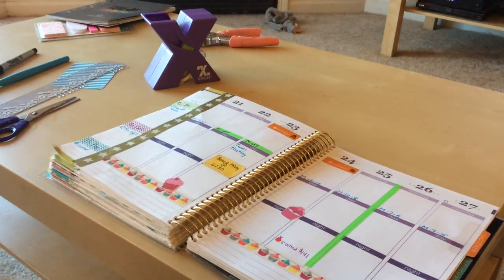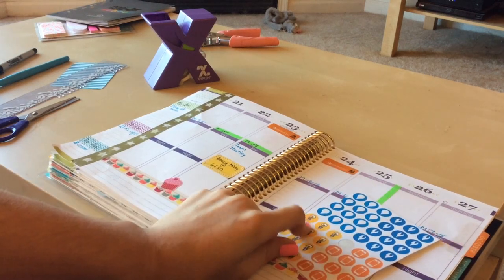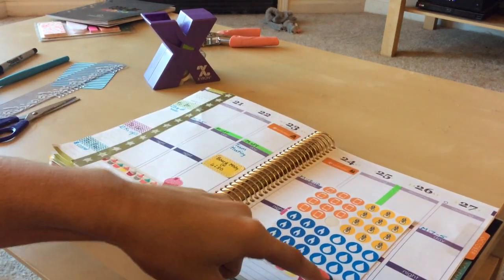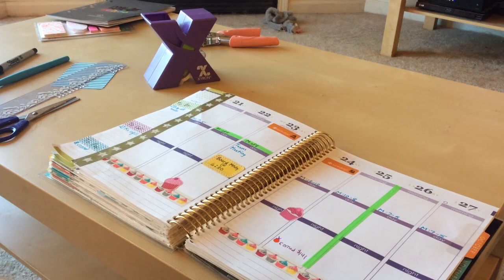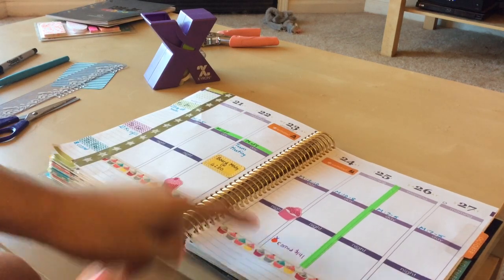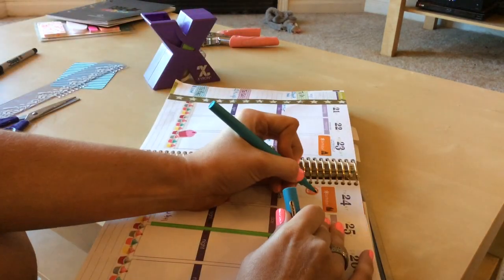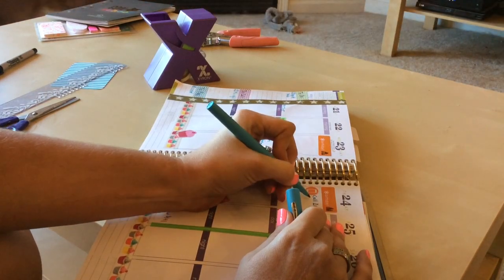So like I said, I have to call for a prescription refill. So I want to make sure that I don't forget to do that. So I need to put it somewhere where I will remember to call. We'll use this little guy. This little guy is an iPhone. I don't know where I got these things, which are really cool. Like to remember to pay your light bill, your gas bill, I think. It's like that. Your water bill and probably your phone bill, but I'm going to use it for call because I kind of just write them like I said down below here. So I'm going to put that there, and that's going to be that I need to call my doctor /RX